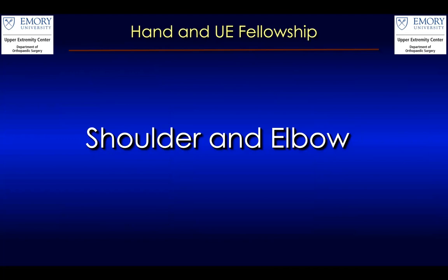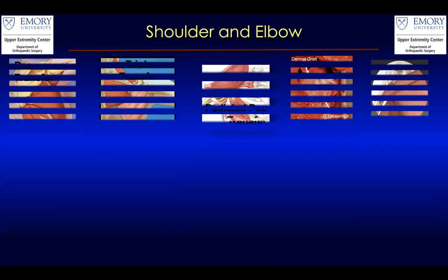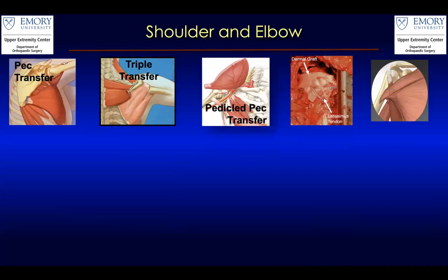And those of you who are interested in it will have a really in-depth and potentially unique exposure to this. So we have one of the highest volumes overall for probably any hand upper extremity center with regards to shoulder and elbow. You'll see everything from some of the complex muscle transfers. So this is instead of for soft tissue coverage, you're actually doing it for functional reconstruction after paralysis, whether